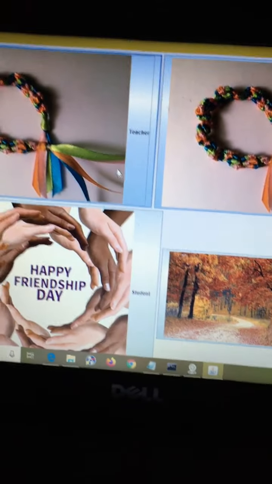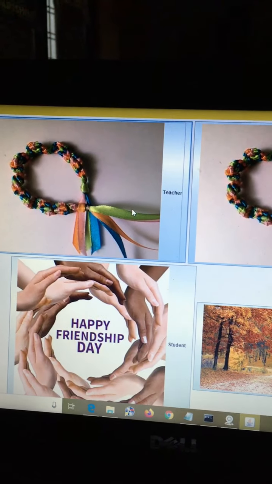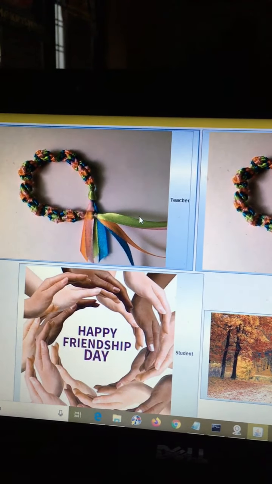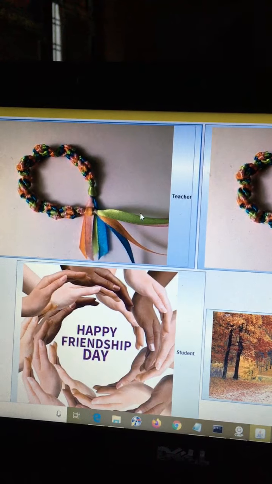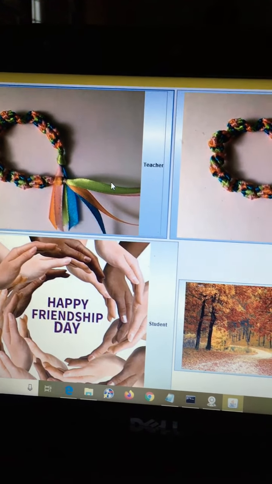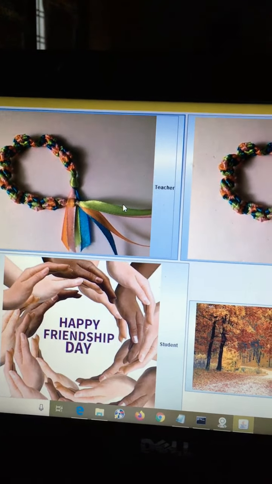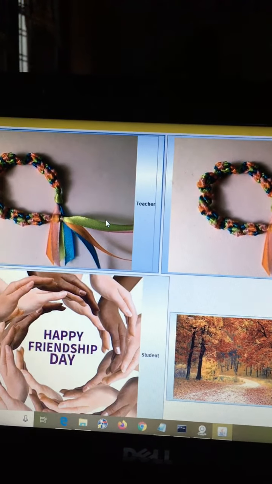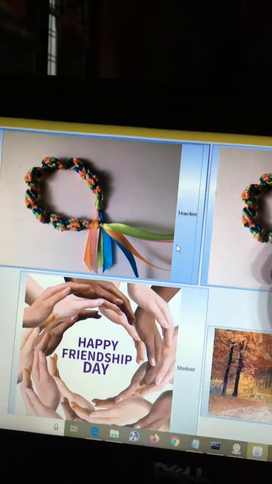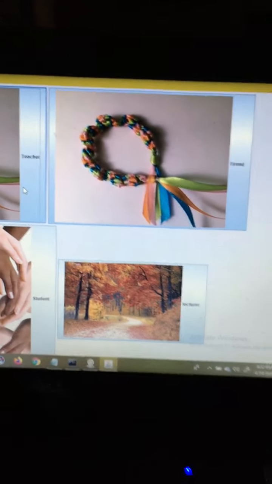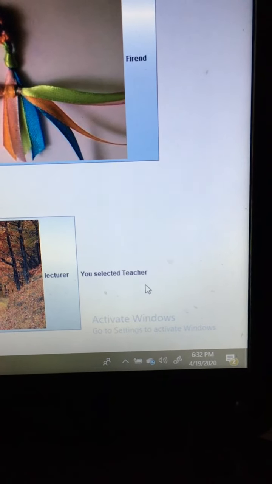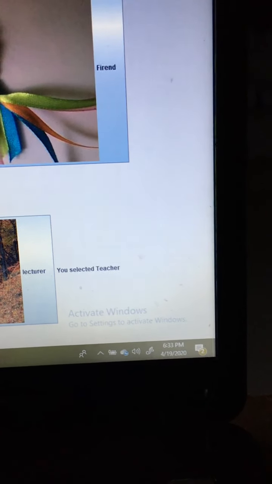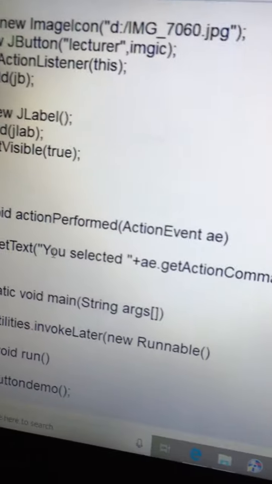Here I am pressing this button. Whenever you press a button, an action event is generated. That action event is handled by the action listener. Actually, actionPerformed handles this action event. When you press this one, the label associated with this button will be displayed here. So teacher. So here the label, you selected